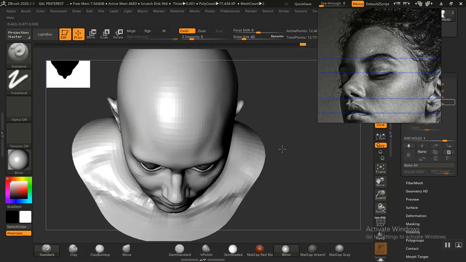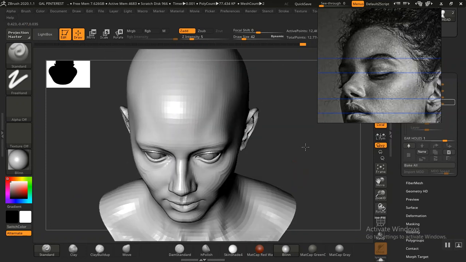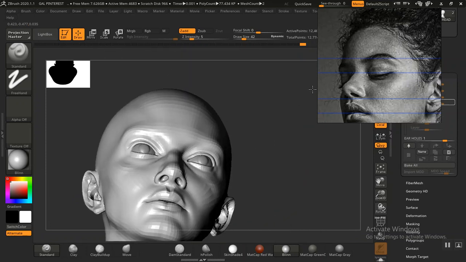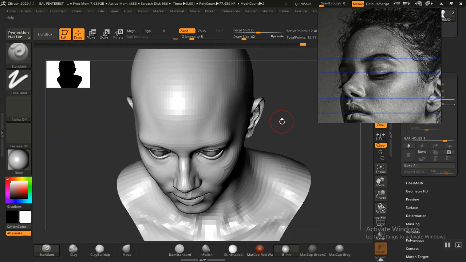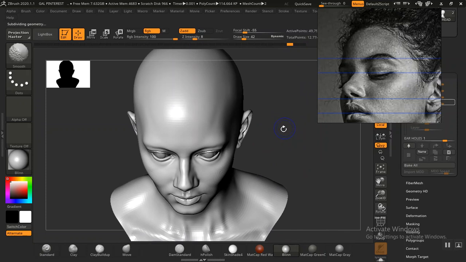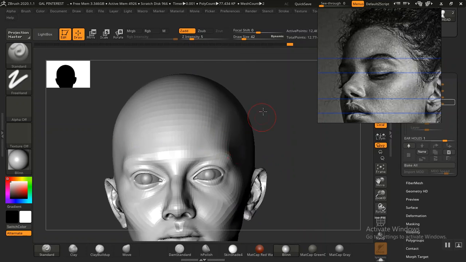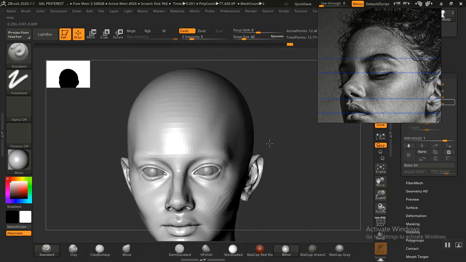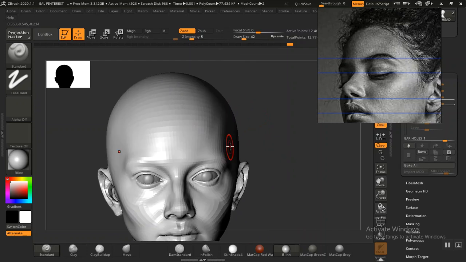But that feels too aggressive. That feels too aggressive, so let me undo that. Go down to the lowest subdivision level and redo that again. In the guide we already have